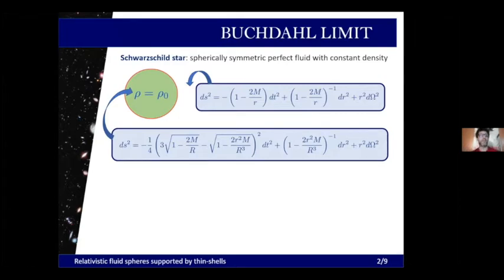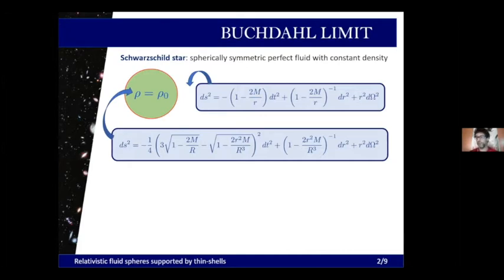And now you can ask, okay, of course, the density of this object is a constant, but what is the pressure inside this object? And the pressure is something that varies from the center of the object to the surface of the object. You can think of it as the sun, for example, because at the sun, you define the surface of the sun as the region where the pressure goes to zero. And as you go inside the sun further and further, your pressure increases. So one can ask, what is the profile of the pressure as a function of the radius? And as you go towards the center of the sun or the center of the object,